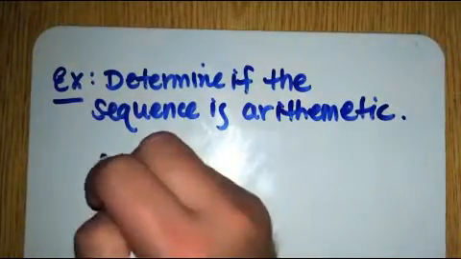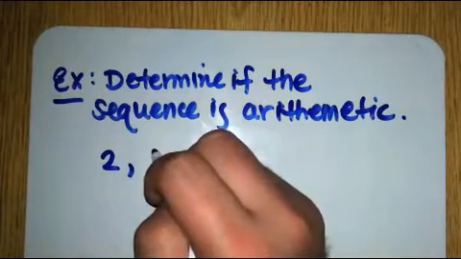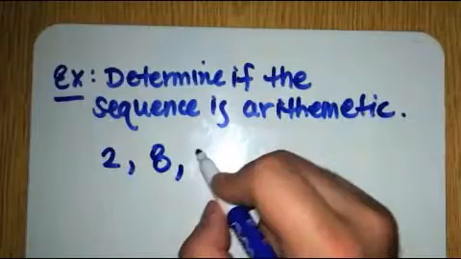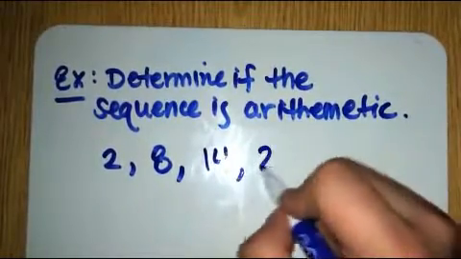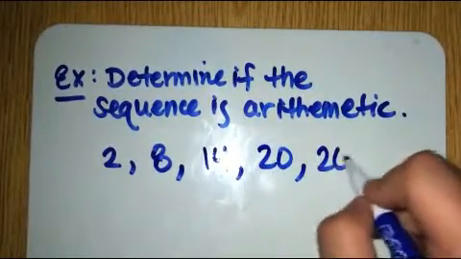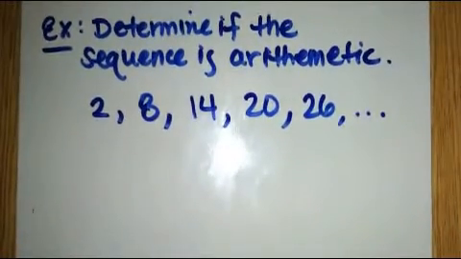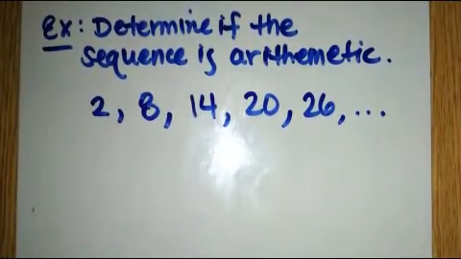Now, if you had, all right, 2, let's say 8, and then 14, and then 20, and 26, and dot, dot, dot. Okay? So just to kind of clarify everything, what we've done, what would your A